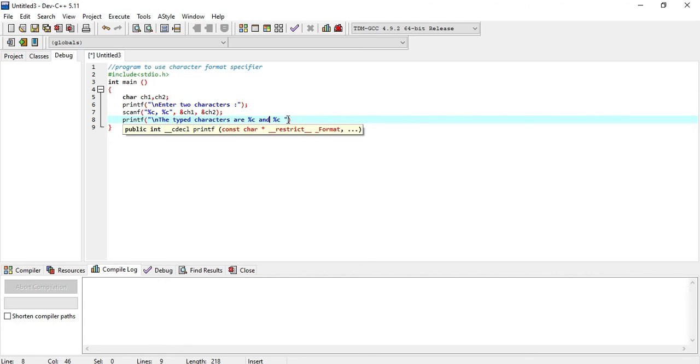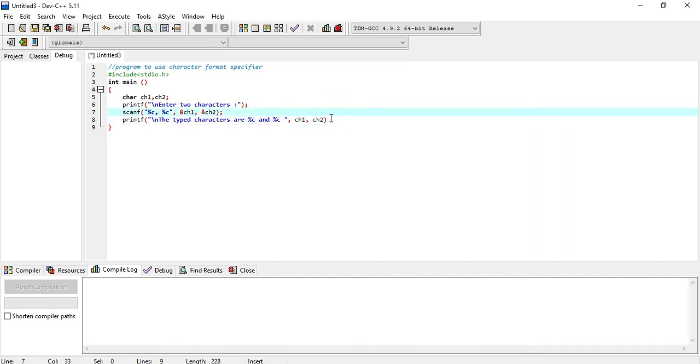Now it will display our characters, and here we will need to enter the names, that is ch1 and ch2, which are our variable names, terminating it with a semicolon.